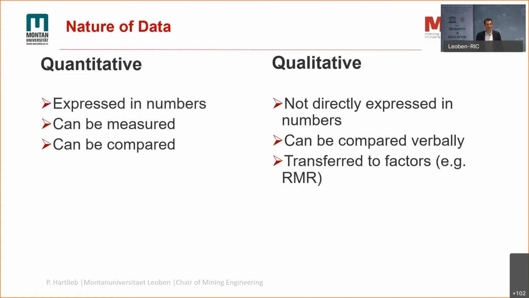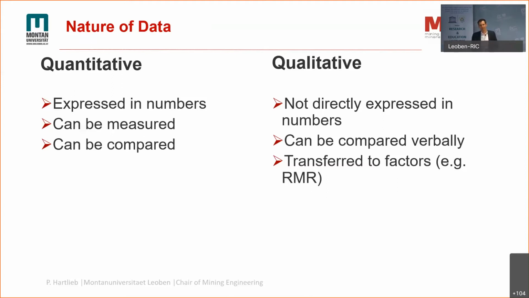Qualitative data, on the other hand, cannot directly be expressed in numbers, it can be compared verbally. So you say this is nicer than the other one, but that's not a very technical perspective. And in many cases, this qualitative data can be transferred into factors, so factorized. As at least 50% of this audience are mining engineers, the RMR, for example, would be a good example. The RMR is the rock mass rating. For those who are not so familiar with that, it's a rating considering how the rock mass in total is structured, how the strength is, how cleavage planes are oriented, how much water is there, how slippery it is,